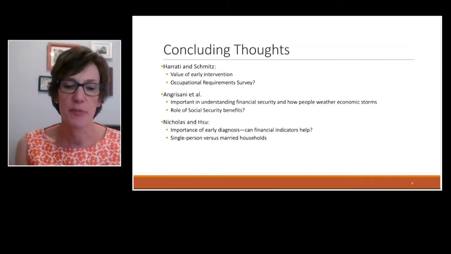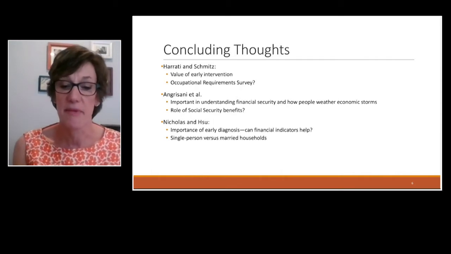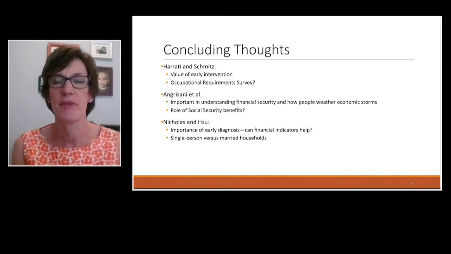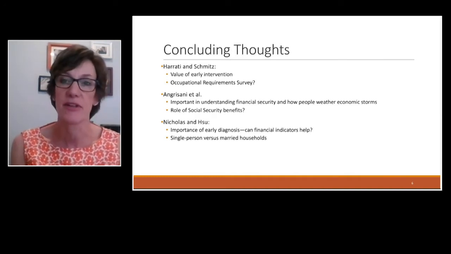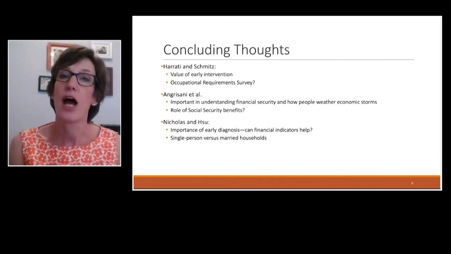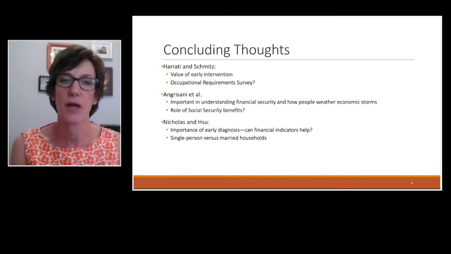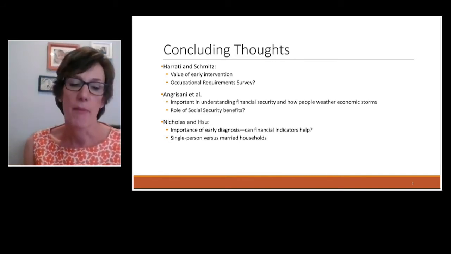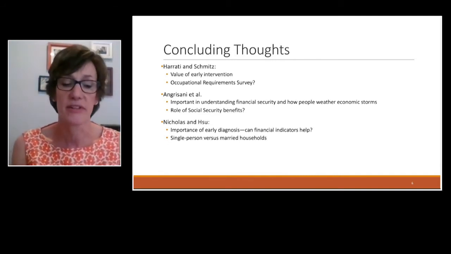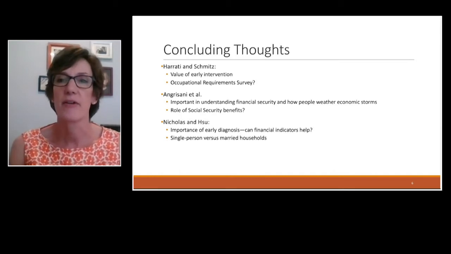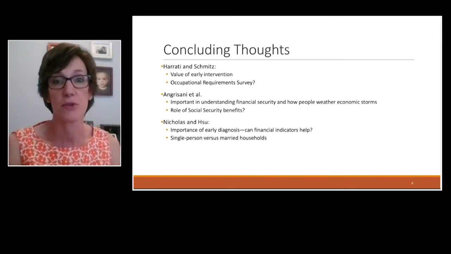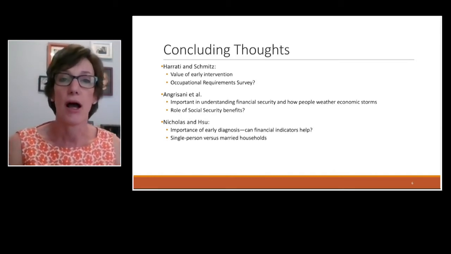So to start with the first paper, I think these are really interesting findings, and I can't help but think about some of the things that Ann Case was saying when we look at how the societal factors can make a difference in sort of the opportunity people have and how that influences their work. The paper also highlights, I think, the importance of early intervention, and it supports work that SSA has been doing in this area, looking at with other agencies, kind of looking at ways to identify and support people before they